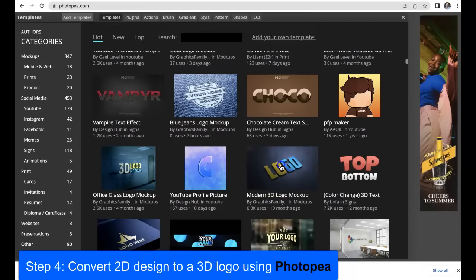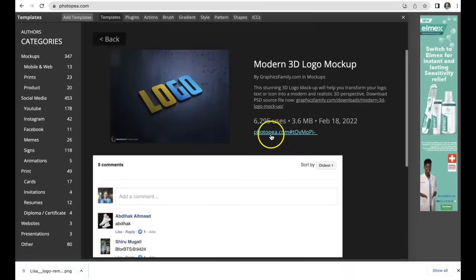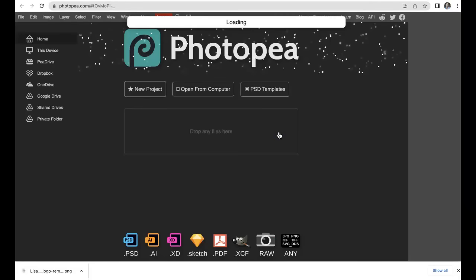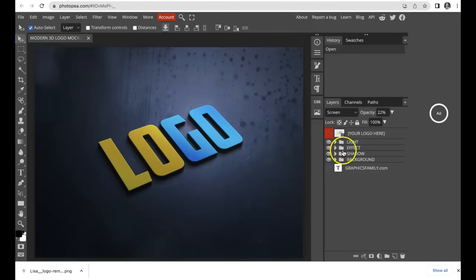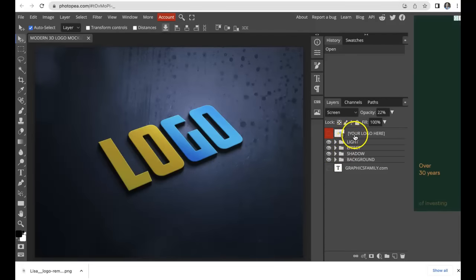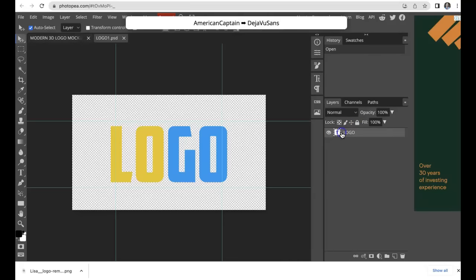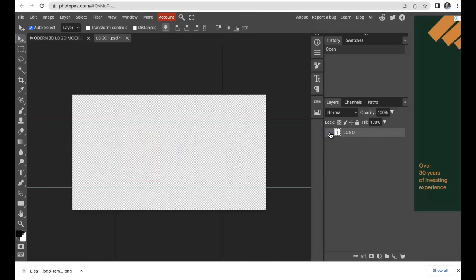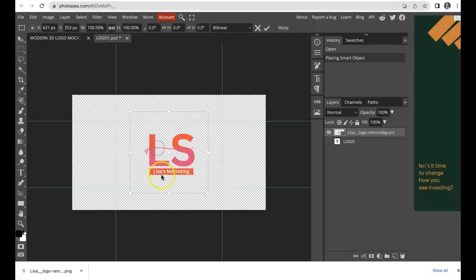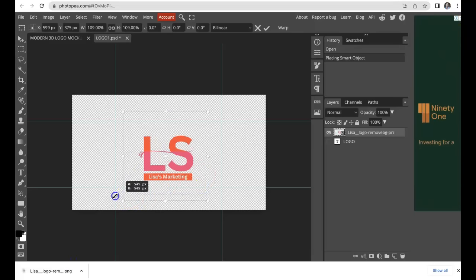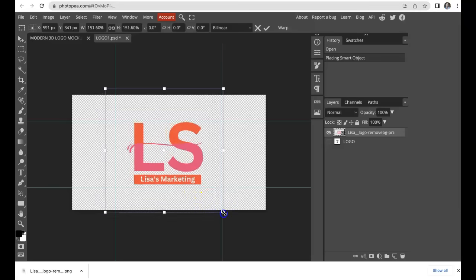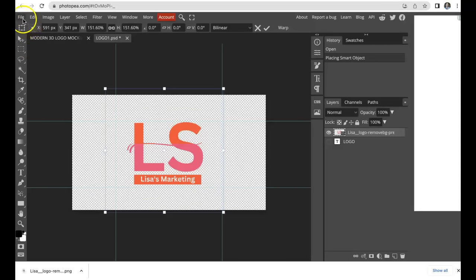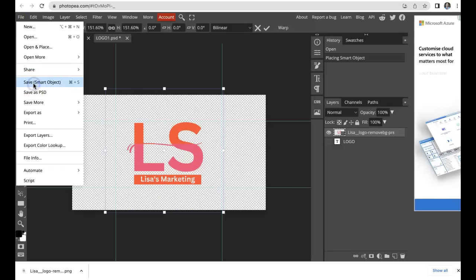By graphics family, you can select it and select the photopedia.com link, and you need to go where it says your logo here. Double click on it and just select on the eye, so that you can remove the text that was there previously, and just upload your text. And you can just resize it just a bit, however you want it. Just size it and save it as a smart object,